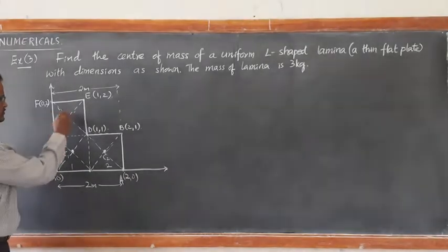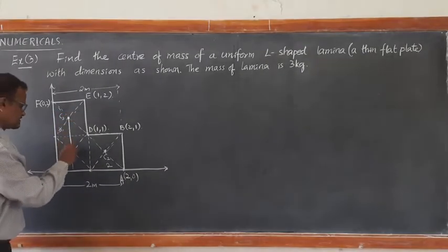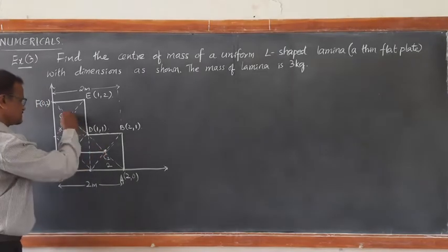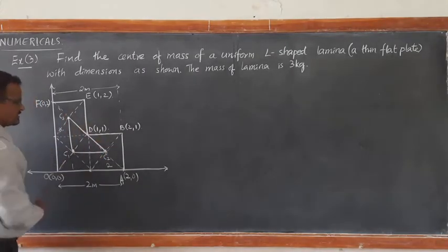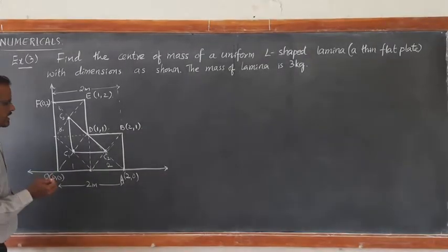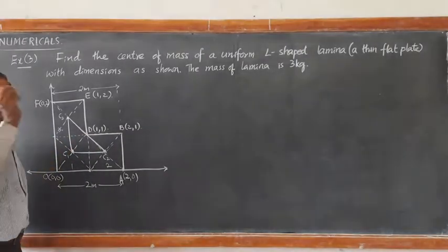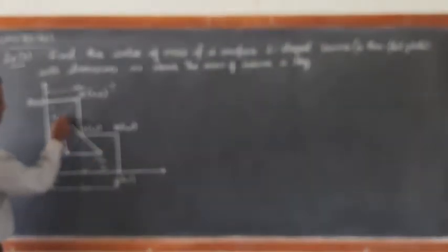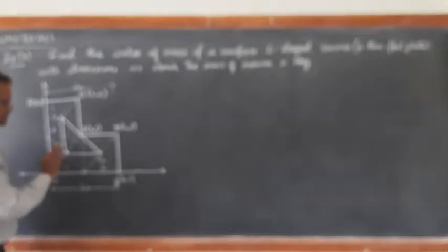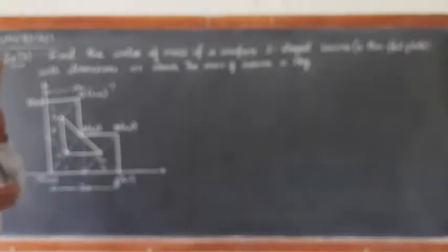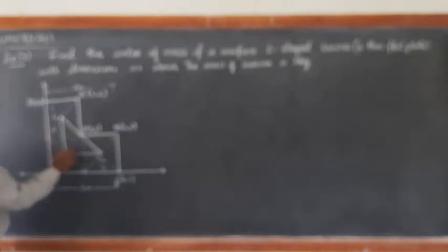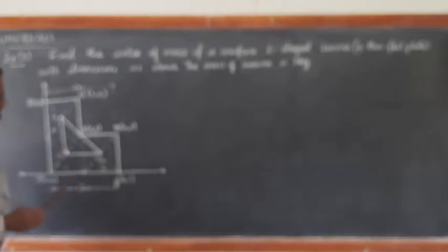Then if you join this, I am just giving you a hint. If you join this, you will get an idea where the position of the center of mass will be. The center of mass will be the geometrical center of this right angle triangle. That is without calculation one can assume the geometrical center here. But let us see how one can find it out by the knowledge.